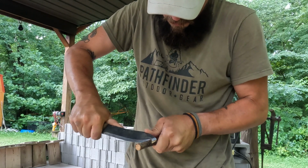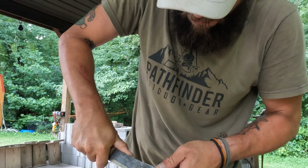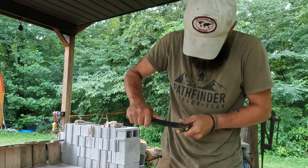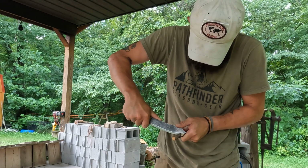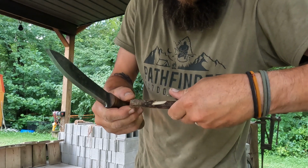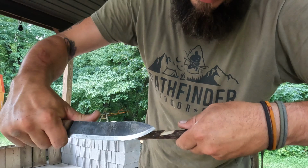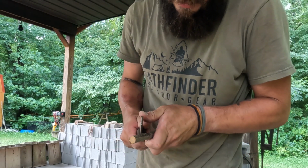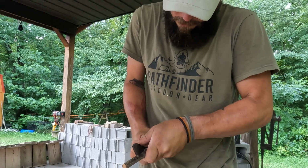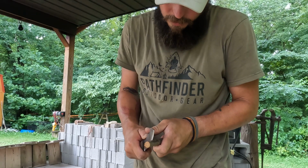We're just going to keep cutting back behind that notch. Here goes. And I'm just carving away material out from behind there, digging into the stick right there. You can see it's starting to go back. We're using a fork stick because it's got a natural hook and it's strong enough to